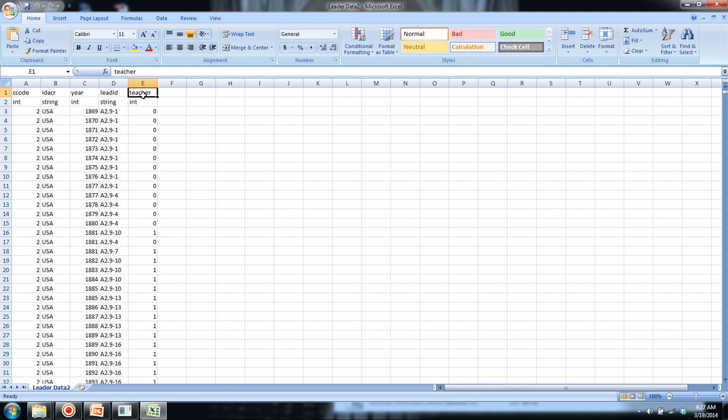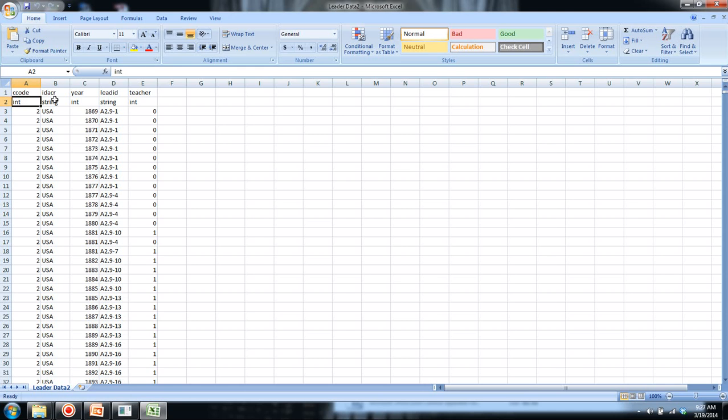And then finally, we just have one variable here. Again, this is for the purposes of demonstration, but this is a variable that indicates whether or not that leader had a background as being an educator of some sort, either a professor or a high school teacher. The other thing to notice about this data set is that